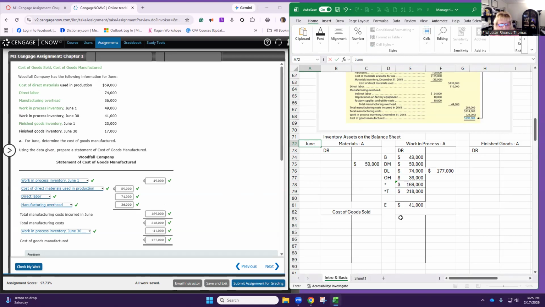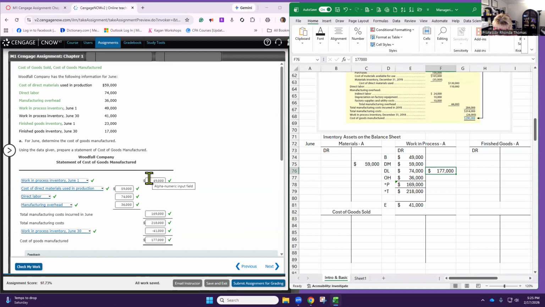All right, so then it says total manufacturing cost. That's what this total is. This is just a subtotal for the period of time. Okay, so I'm going to put P for period. Okay, so we figured these three here is 169,000,